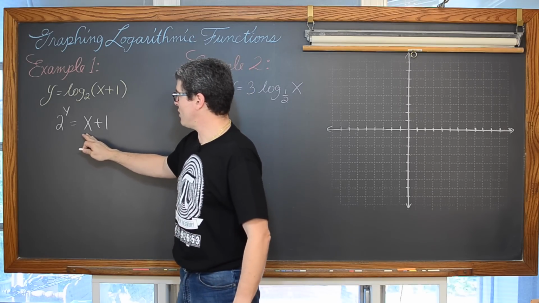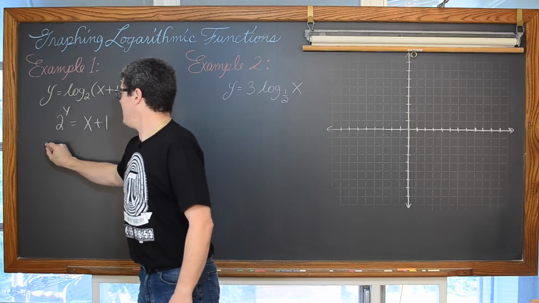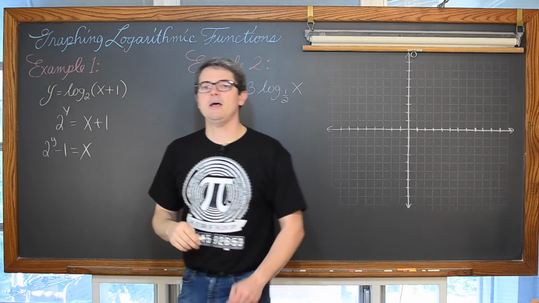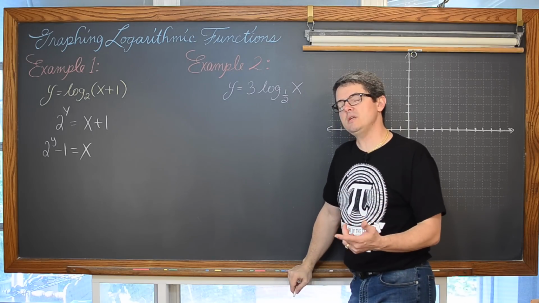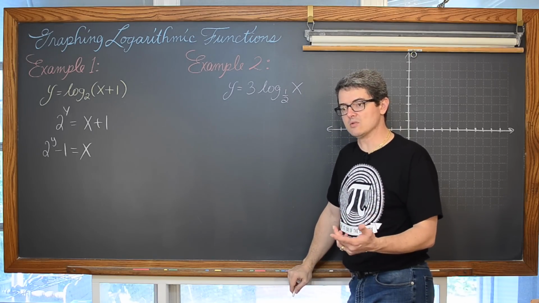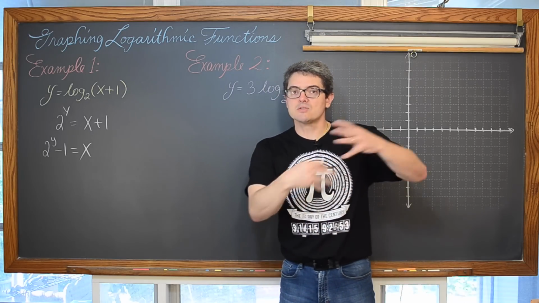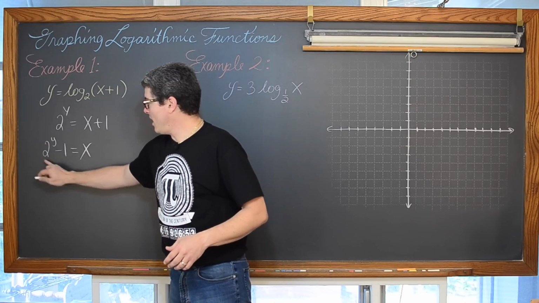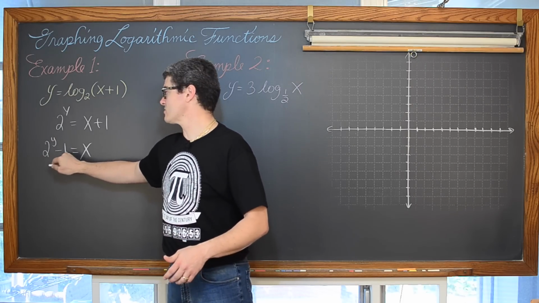So we're going to solve for x, and we're going to do that by subtracting both sides by 1. And we get 2^y minus 1 is equal to x. Now I said we were going to do this with tables, and normally when you do a t-table, you pick the x values, but that's because the y is normally alone, and the x is over there where the math is happening. Well, now the x is alone, and it's the y that's involved with all the math, 2 to the y power. Now there's a minus 1 with it.